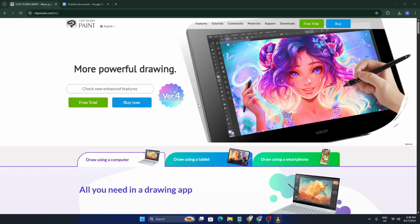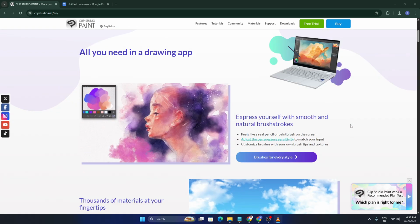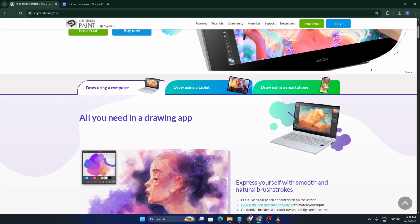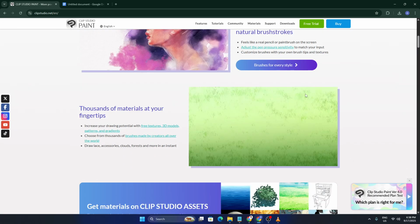If you've been thinking about getting Clip Studio Paint for your digital art, comics, or animations but don't want to pay full price, I've got great news. Today I'll share the latest Clip Studio Paint coupon codes and promo discounts for 2025, plus show you exactly how to buy it with a special discount. Stick with me until the end because I'll give you multiple codes so you can pick the one that gives